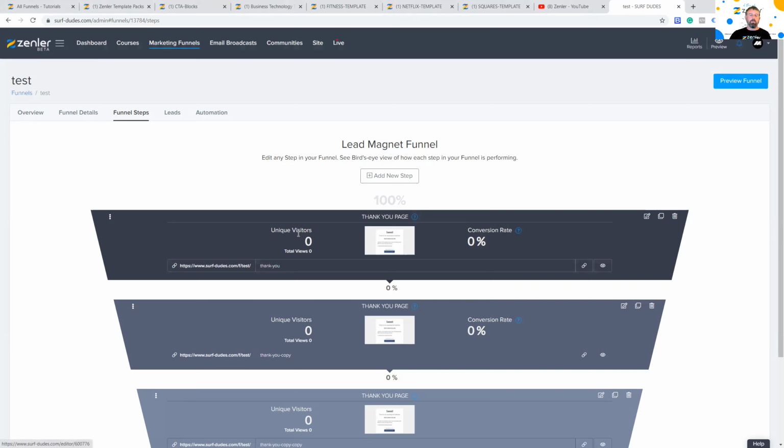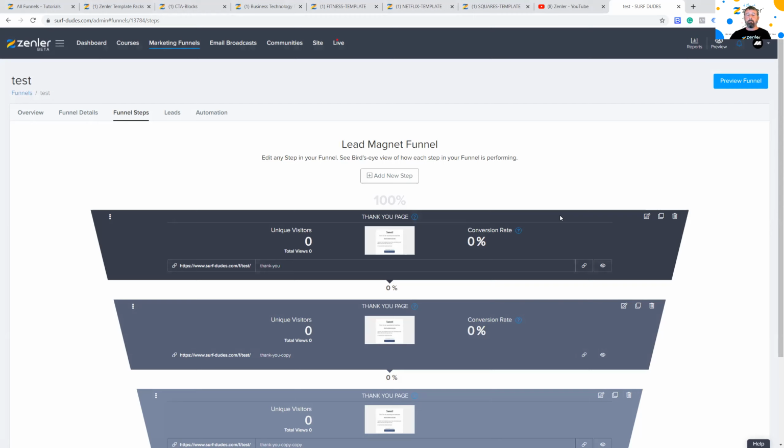Nothing's stopping me from going into any of these pages using the page builder and putting whatever content I want into those pages. So I can turn this lead magnet really into a video series funnel. We've just made it that way so it's easier. With the lead magnet, we give you that option of a free download to put in there. With the video series, you can load up a series of videos that drop into each of the pages as they are created.